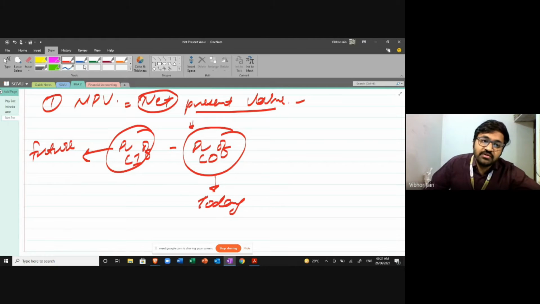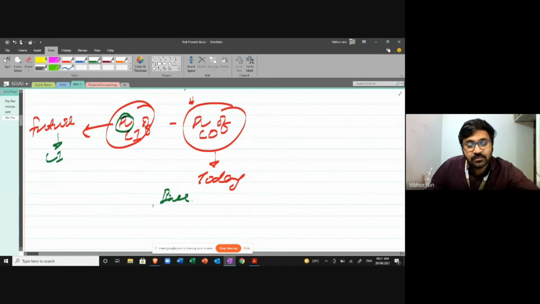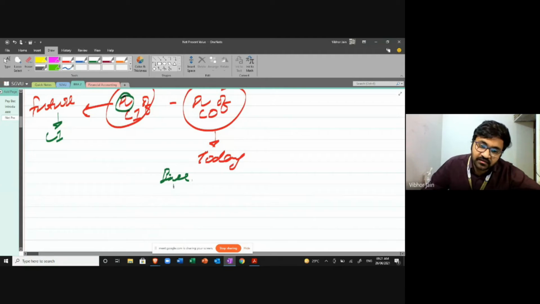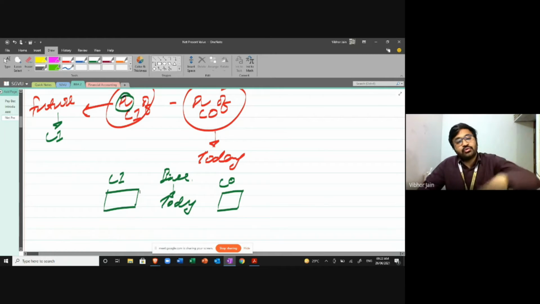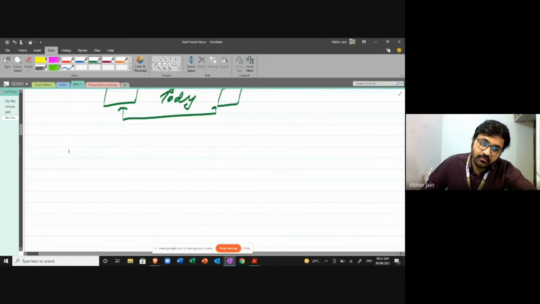So what we'll do is we will try to calculate the present value of this future cash inflow so that the base becomes same. The base of comparison, the base of evaluation is same, that is today. So whatever money is outflow, that is today, and whatever is going to the inflow is in today's terms, in today's value, in today's rupees, so that it is easier to compare if we are gaining something or we are losing something. Okay, and what will be the rule of acceptance?